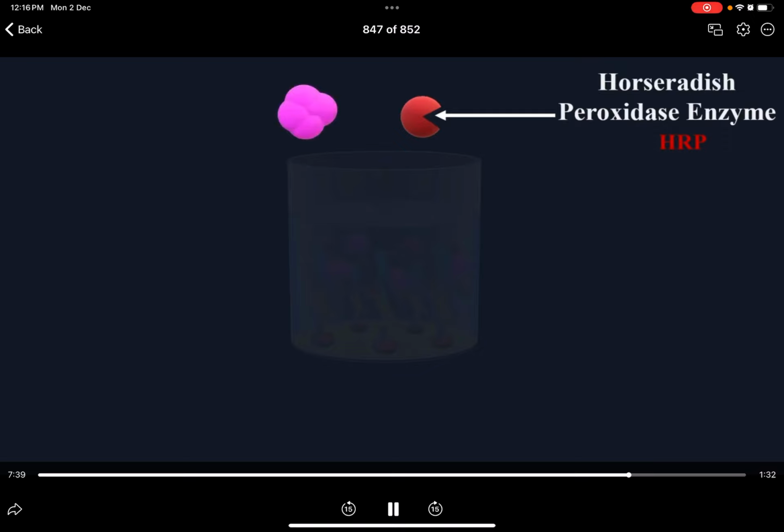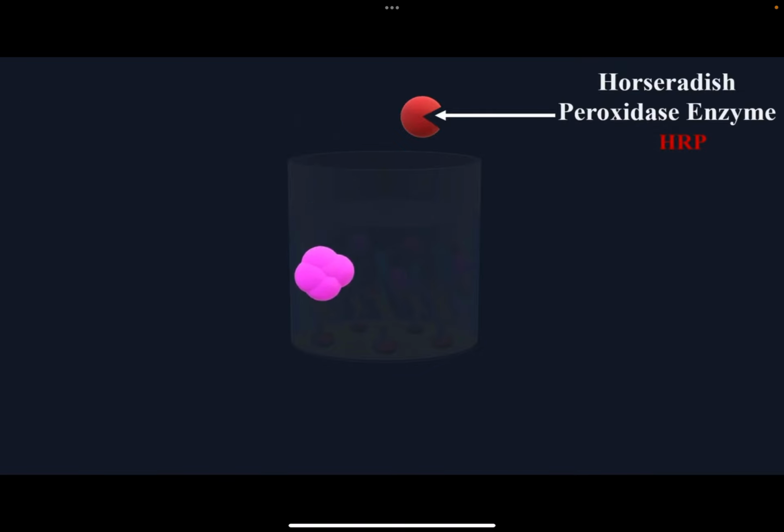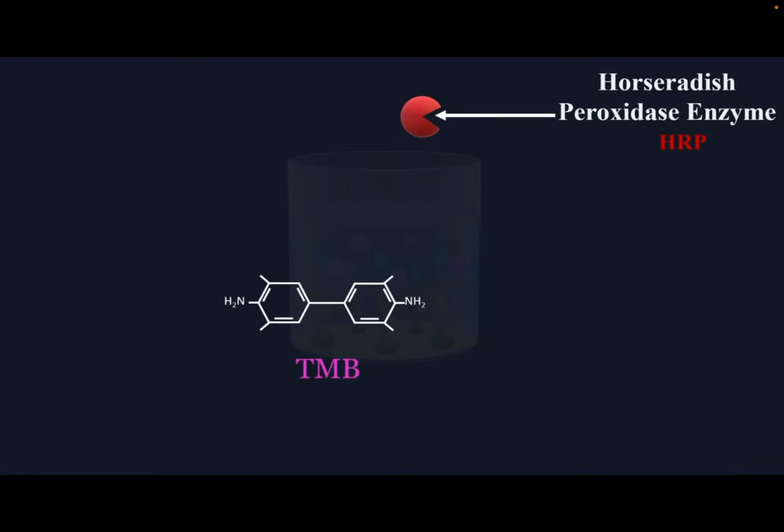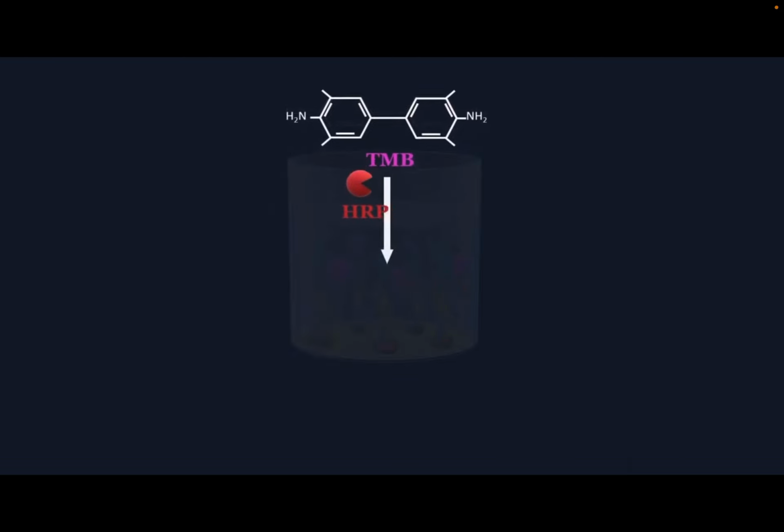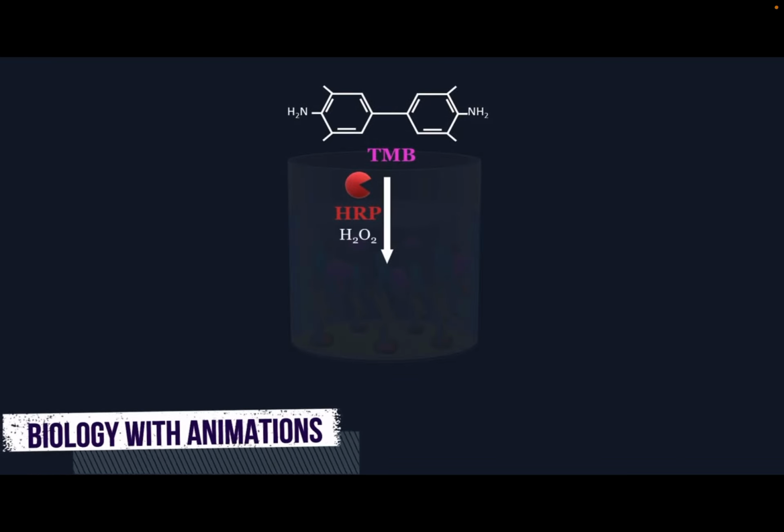Various detection reagents have been developed for HRP, but one of the most widely used chromogenic substrates is tetramethylbenzidine, TMB. In the presence of hydrogen peroxide, HRP enzyme catalyzes the oxidation of TMB, resulting